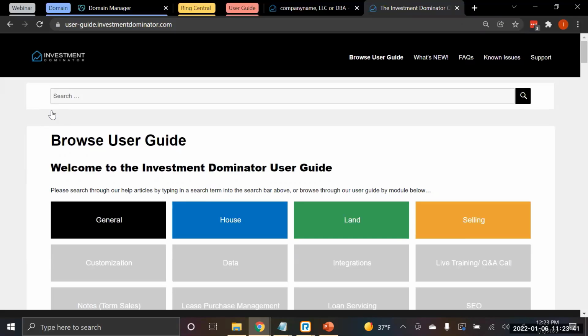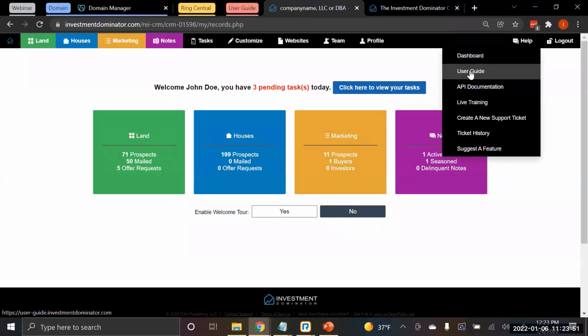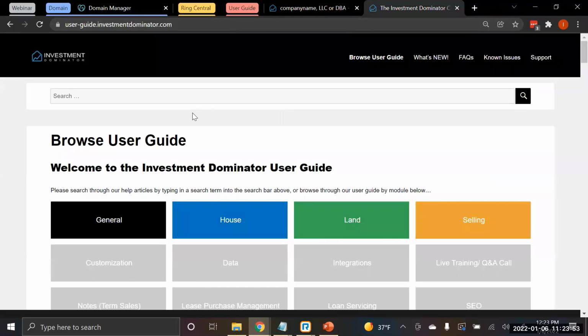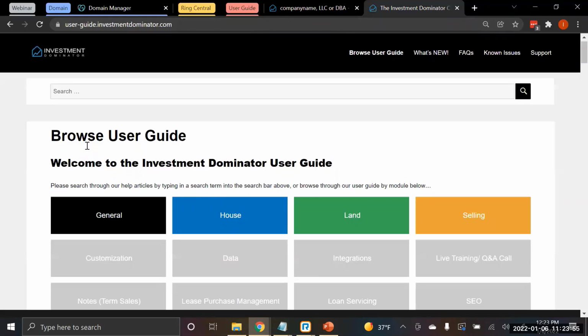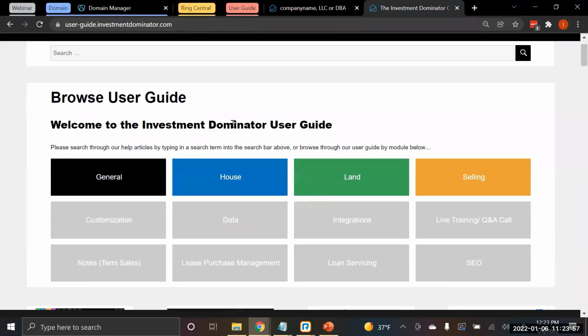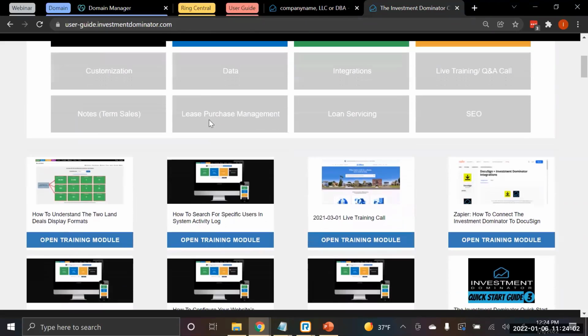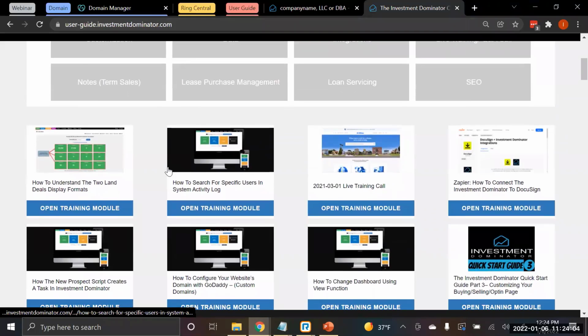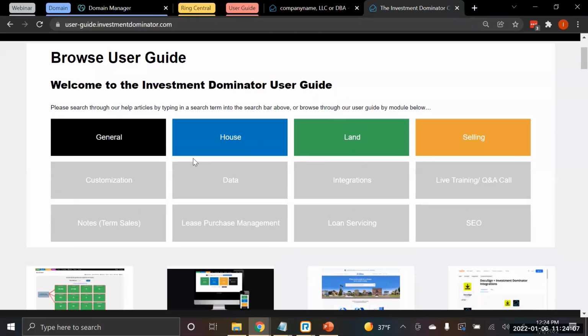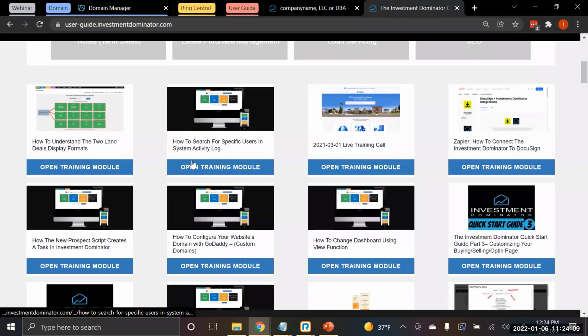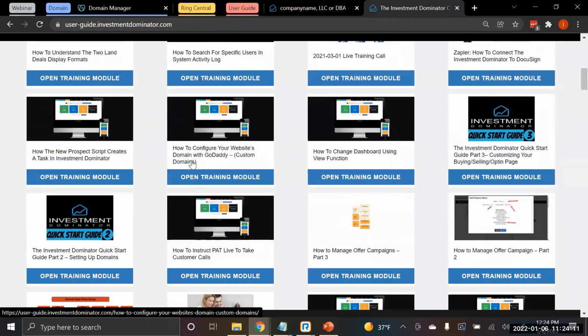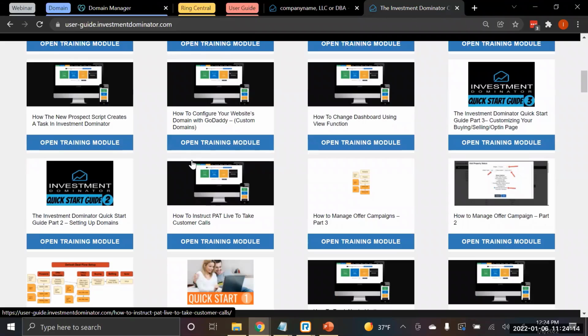So for example, if you click onto the user guide, we did this not too long ago, just going over to help and then clicking onto user guide, then you'll see if we go ahead and browse the user guide, number one, you are presented with the complete dashboard for the whole user guide. So for example, if you keep scrolling down to the bottom under these highlighted sections over here, you're going to see how you can go ahead and view all of the documents pertaining to the Investment